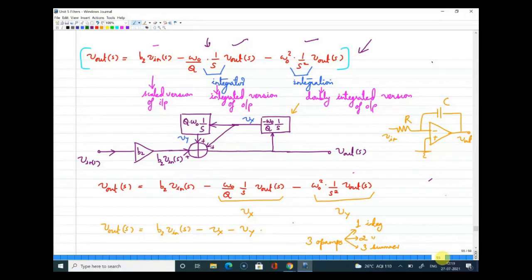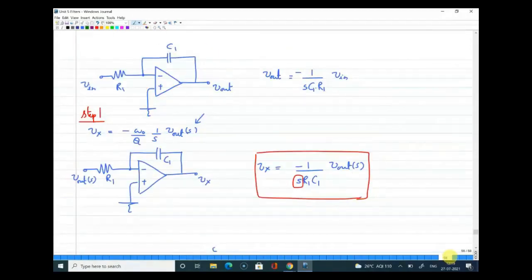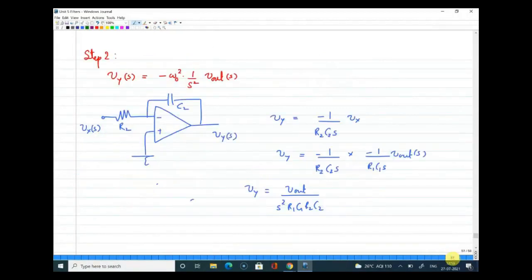So with those three terms, we realized the signal flow graph, where we saw that the input should be scaled and then added to the other two terms. The other two terms are Vx and Vy. That should be realized by suitable blocks. Then our next attempt was to find what Vx and Vy are and how we can implement them. Finally, we need an op-amp to sum up all these inputs. So first we saw how an integrator can be implemented, and we saw how to implement Vx and Vy separately.